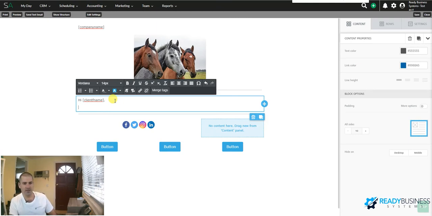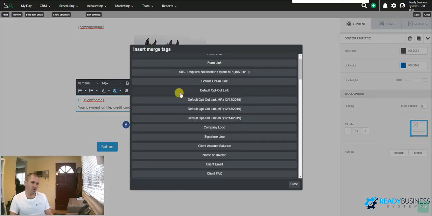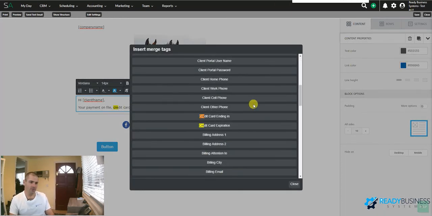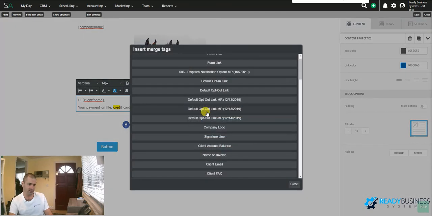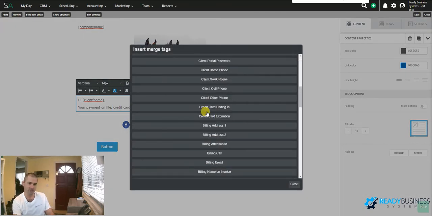But if you want to write an email regarding their credit card being declined, your payment method on file, credit card ending in, and this is really powerful. We can do credit card ending in. So this is a merge tag. It's going to insert that. This is going to be what's on that client's account for their credit card with an expiration date of, and we're going to insert more merge tags. So expiration,